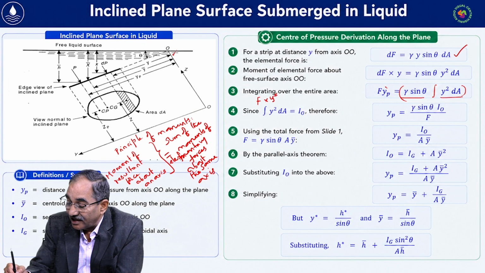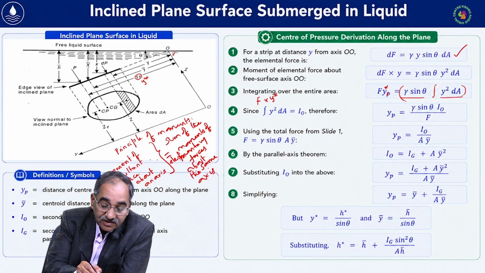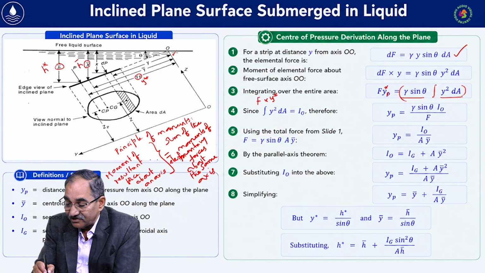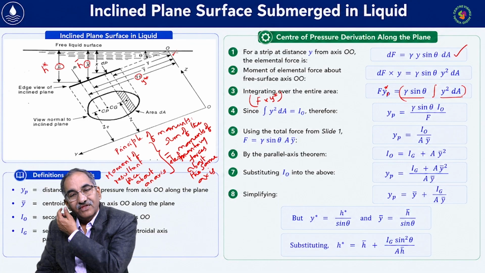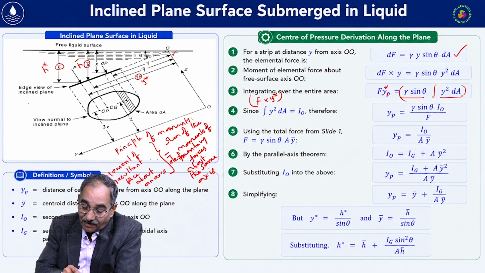Instead of Yp, you can remember it as Y star. Instead of X bar, you can write H bar, and H bar is H star. So F into Y star is the moment of the resultant force about an axis, and the sum of the moments